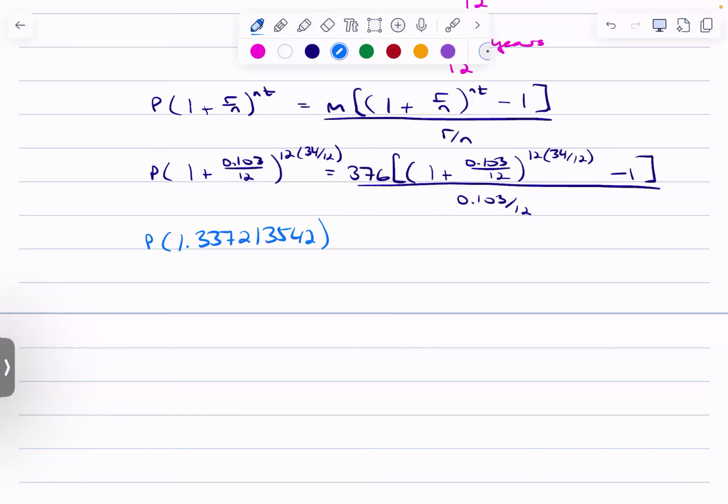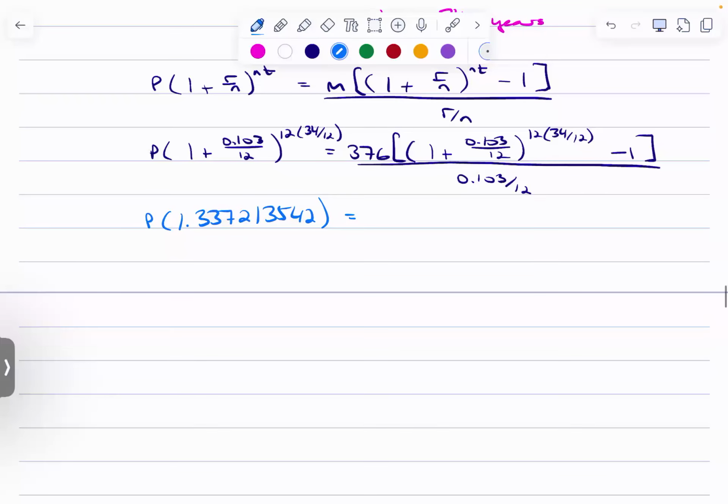1.3372133542. Oops. Which I'll store in A. Minus 1 times 376 divided by